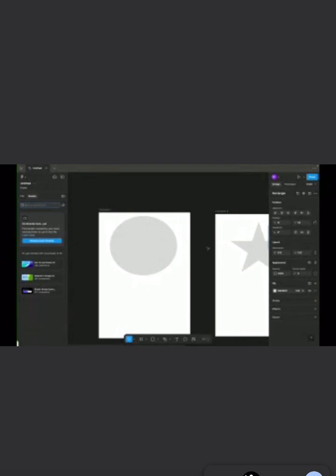Now the right sidebar, which is this place here, contains a whole lot of things. We have the alignment and the distribution. When I mean alignment and distribution, this is what it does here. See it over here. You can align it to the left, align it to the right, align it to the center. You can click on the star, align it to the left, right, and center. If we come back to the circle, we can align it up, we can align it to the bottom, align it to the center. All these are things that will make our design